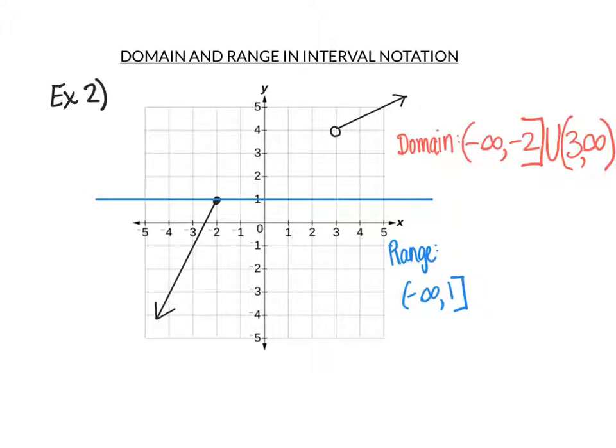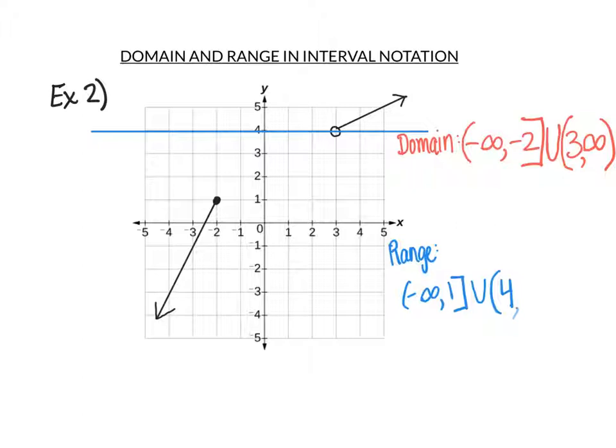And then we have this whole segment where it's not touching, which means that we are going to need to create a second interval, so between the two intervals, we need to write our union. And now you're also going to see that here there's an open circle, so it appears to touch at y equal to 4. So we can write the number 4 down, but because there is the open circle here, you are not going to include that number in the range. So that means that we are going to use a parenthesis at that location.